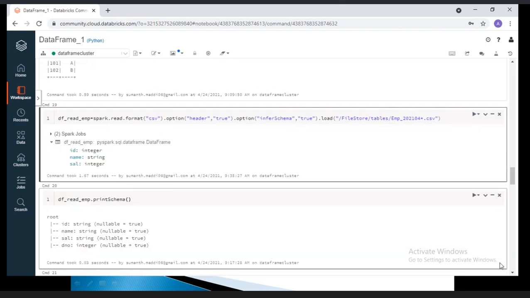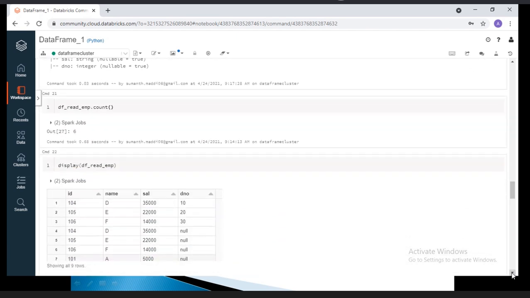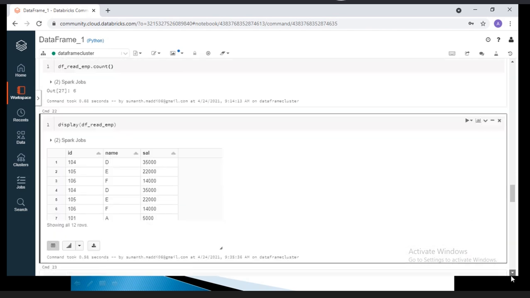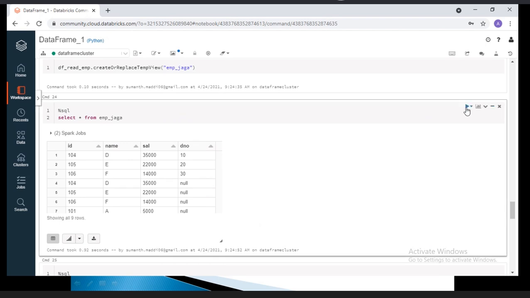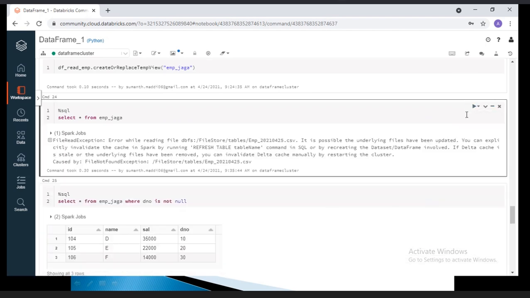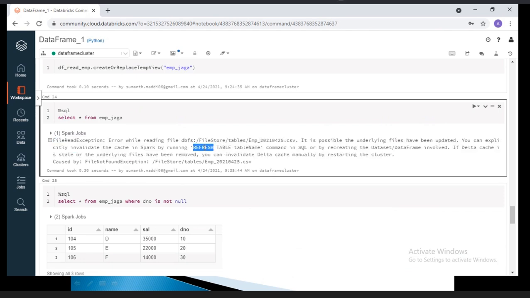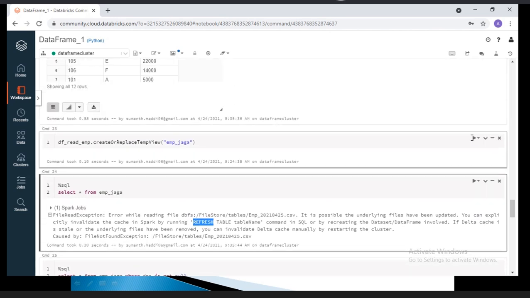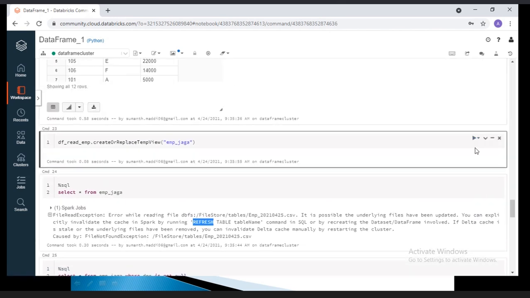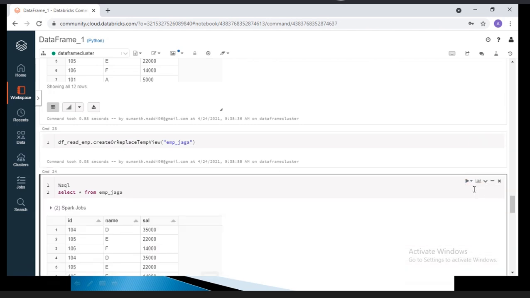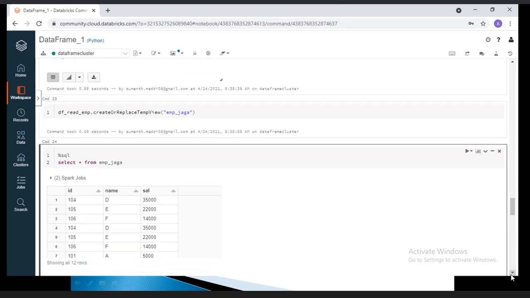There was a refresh on your table, but again, we should re-execute this command. ID, name, salary. ID, name, salary.